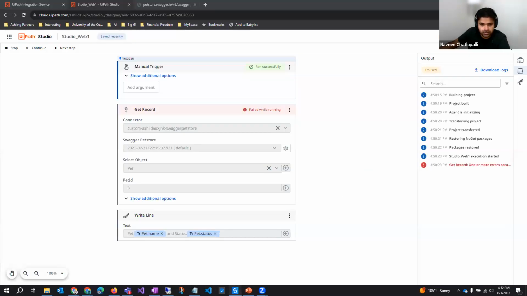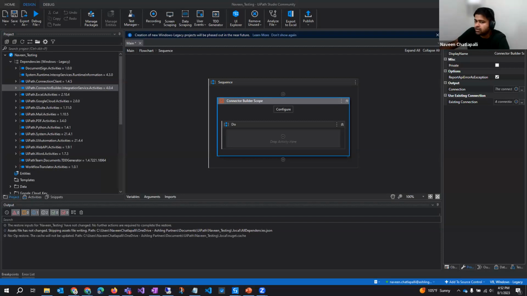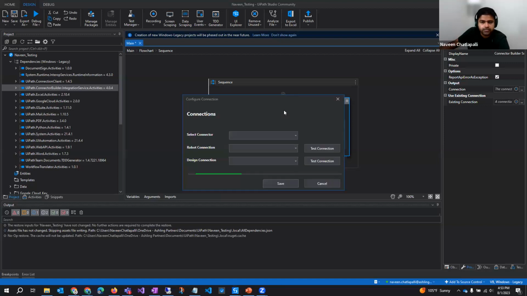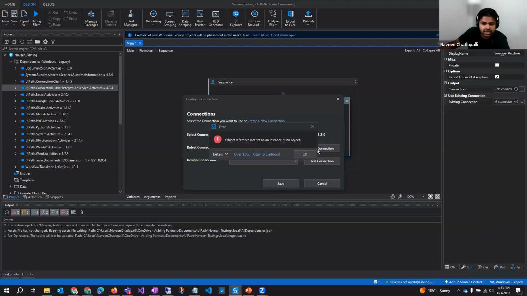The options are mainly looking like this one. Let me open up that. Yeah, the connector builder scope, you see this, right? Once you click on configure, the connection has already been made to your UiPath cloud, so you can select the connector automatically from here. And it is going to check whether the connection is active or not. If you click on this test connection, it is having some errors, but